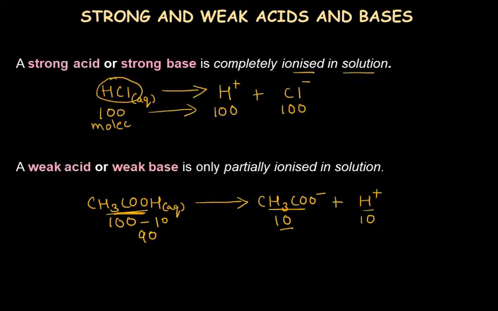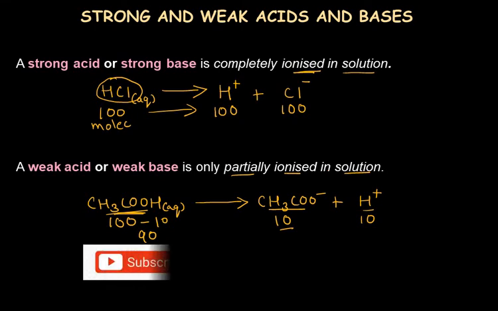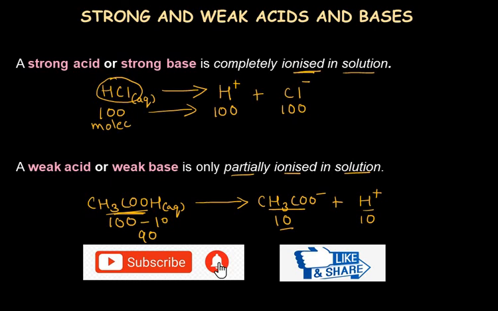As the definition says, a strong acid or base is completely ionized in its solution, and a weak acid and a weak base is partially ionized in the solution. And this is how we start ionic equilibria at a higher level. So I hope the points are very clear about Bronsted-Lowry acids and bases, their conjugate acid-base pairs, and strong and weak acids along with the concentrated and dilute solutions of them.